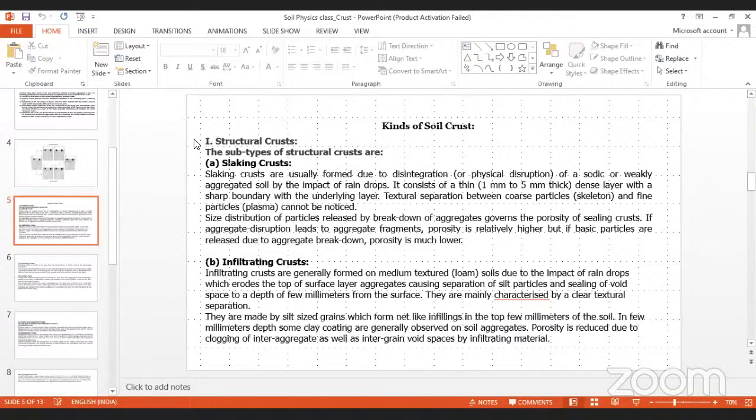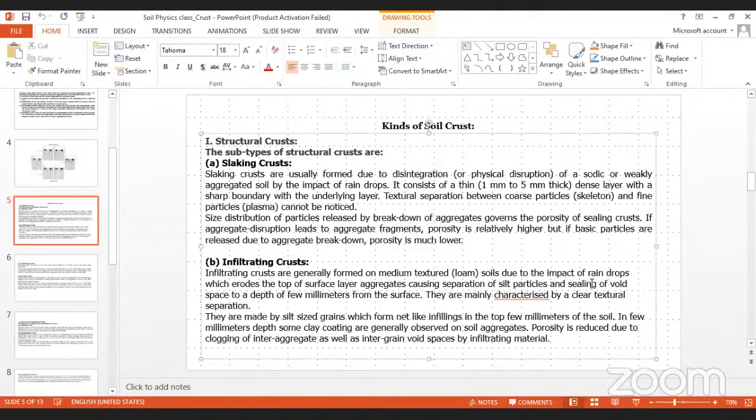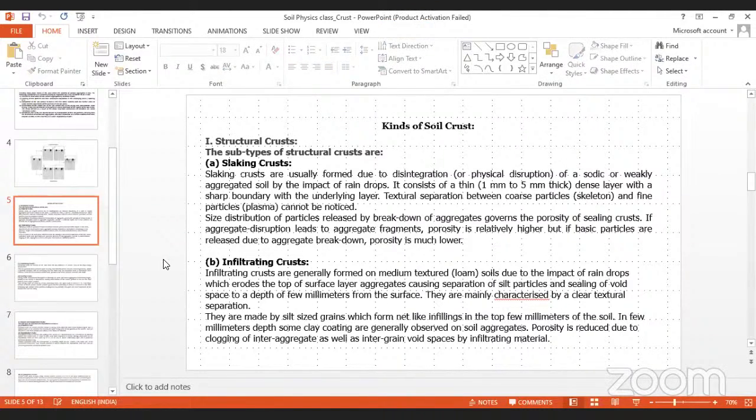And another type is infiltrating crust. This type of crusting takes place in loam soil or medium texture soil, in which the raindrop erodes the soil particle and topsoil aggregates, causing separation of silt particles and sealing of void space by leaching down the smaller particles. And in that way, a textural separation could be seen in